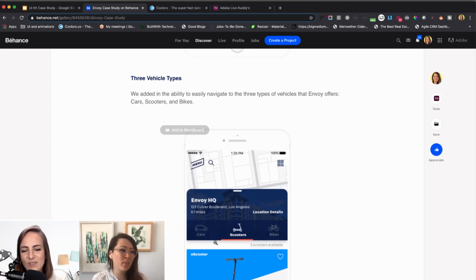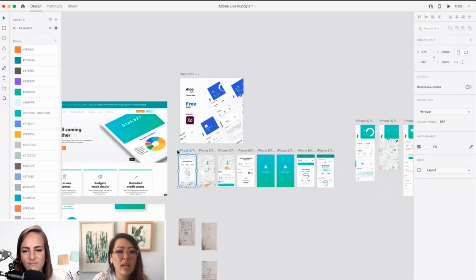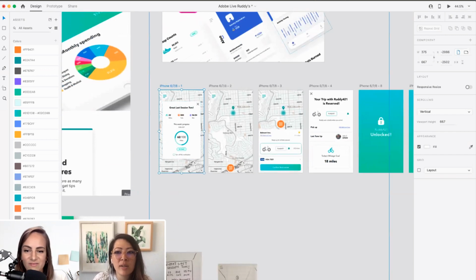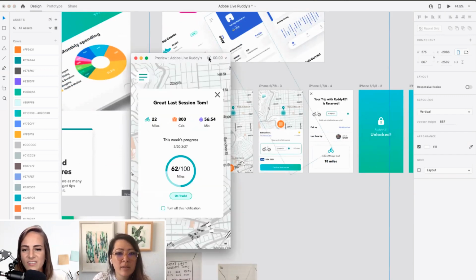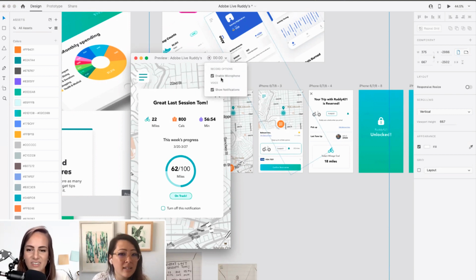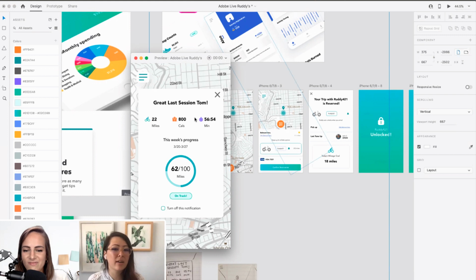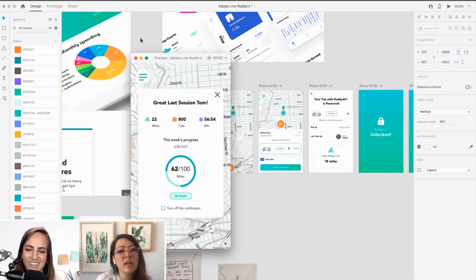That's why, to your point, doing a video of it, you talking through it and clicking through, is a lot better. And oh my gosh, with XD, they make it so easy. If I go into play mode, see that there's this little record button. I use that all the time. Yes, it's amazing. You can enable your microphone, you can have it on or off. So you can just play it and record yourself being like, this is what happens here. You can tell the story.